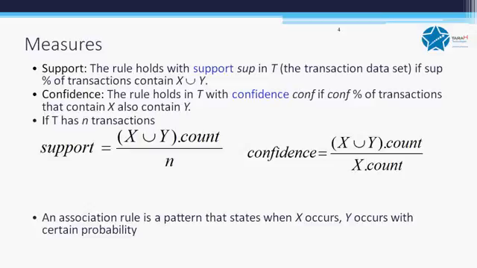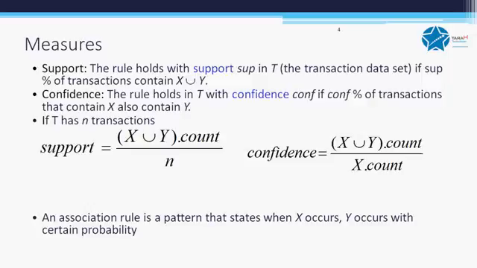So let's look at the example here. It's very simple to understand. We're talking about a set of transactions: T1 is bread, jelly, peanut butter. Transaction 2 is bread and peanut butter. Transaction 3 is bread, milk and peanut butter. T4 is beer and bread. T5 is beer and milk. Let's look at the association rule. If I say bread implies peanut butter,